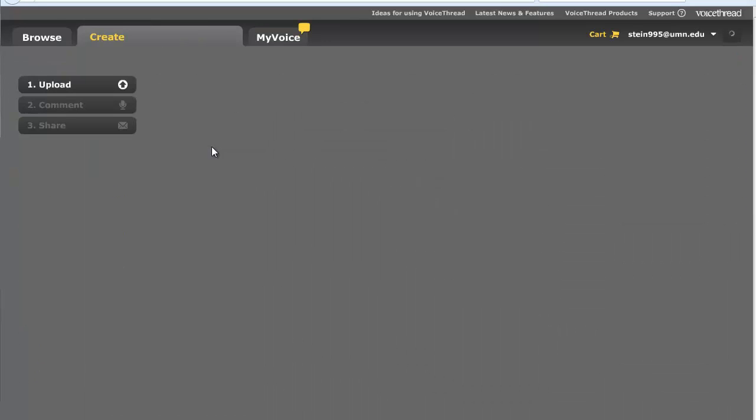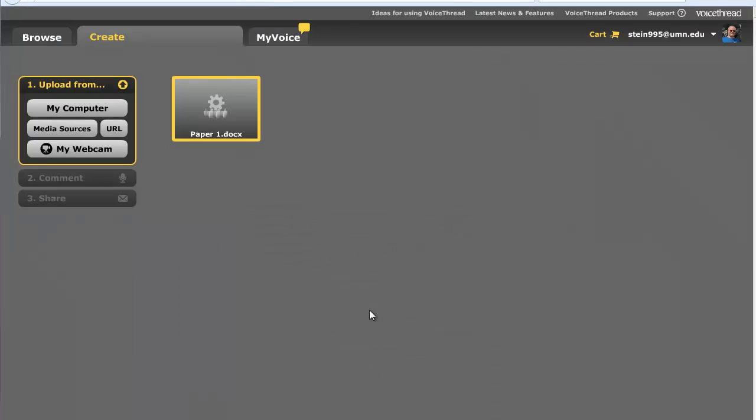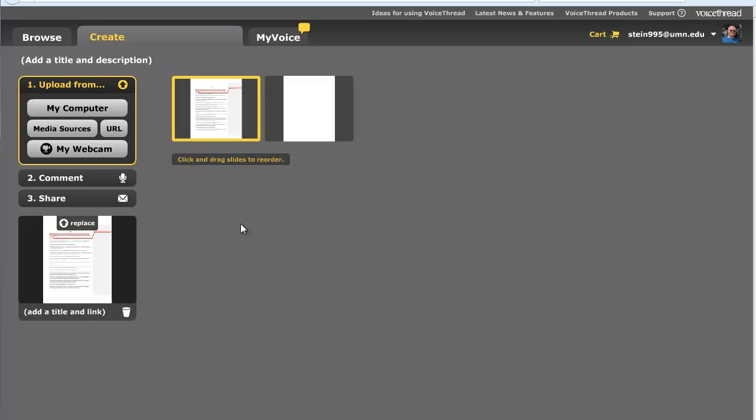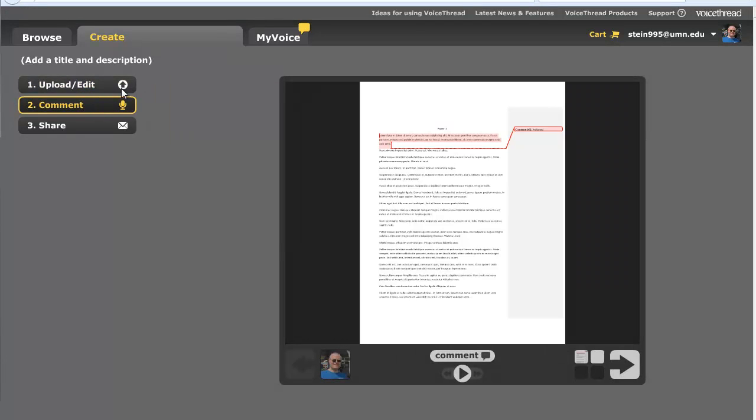So what I want to do is create a VoiceThread. So I'll upload my student's assignment, paper 1 here. Now what's important before you do this step, you should really add annotations, whether they are track changes in Word or using the ink tools in Word or the ink and annotation tools in the PDF document before you upload the paper to VoiceThread. The reason being is when I'm done uploading it, I'm in the comment field now, is